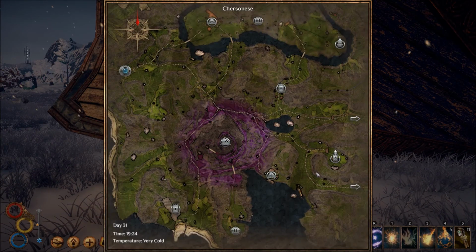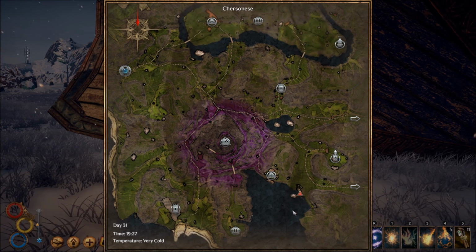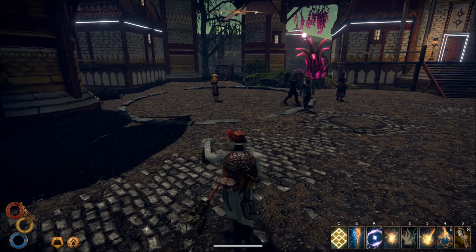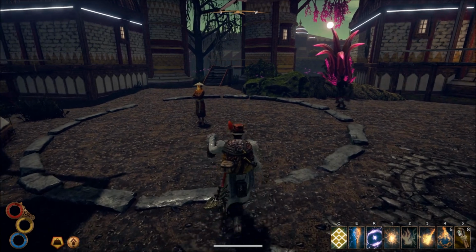I can show you on the map where this actually is. It's a shipwreck in the southeastern part of the Chersonese. You can see I marked it on the map with the red triangle. I then traveled back to Monsoon to get one more skill from a trainer there called Mofat. Here I show off where he is on the map, and then when I talk to him...